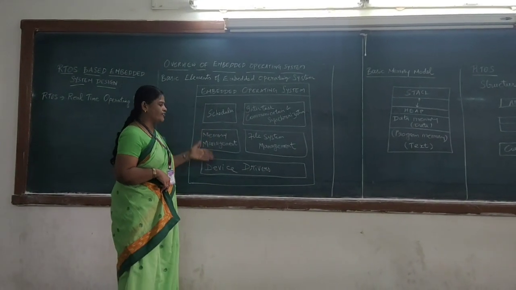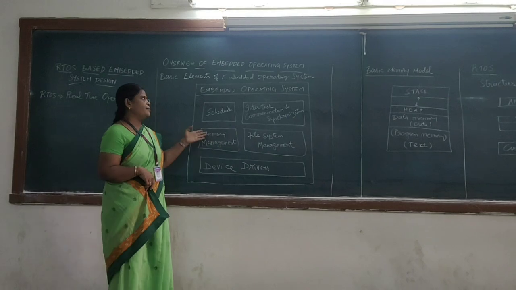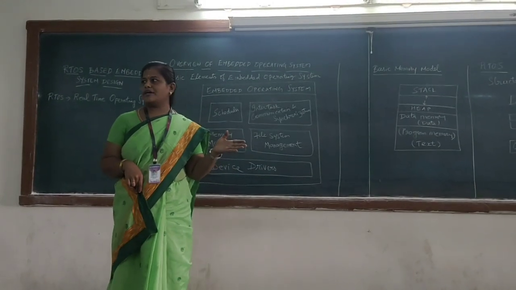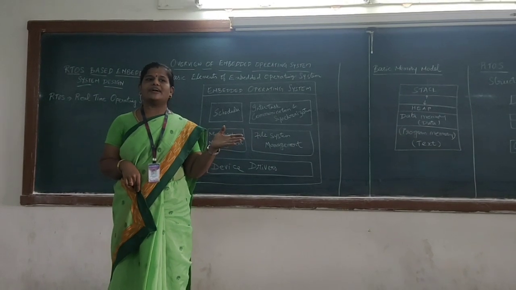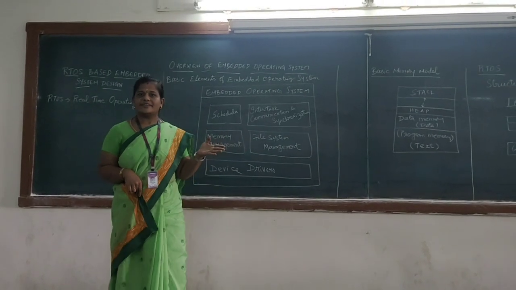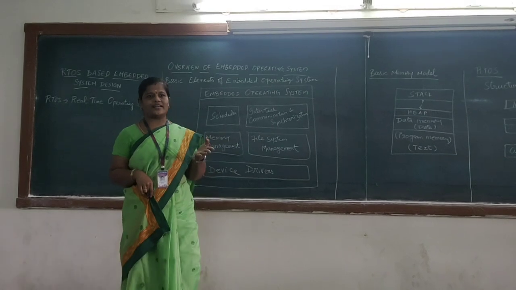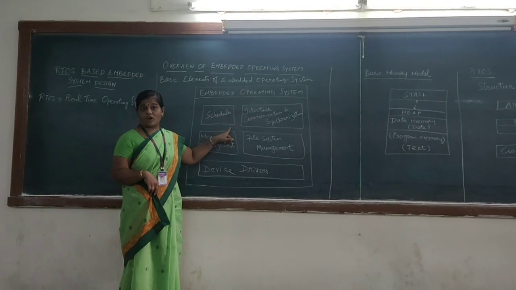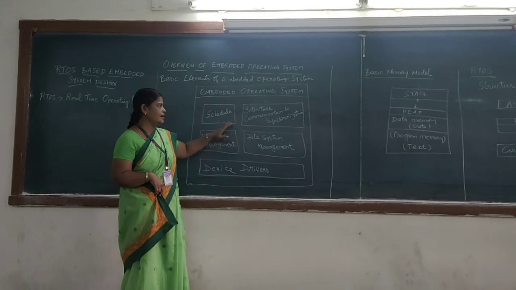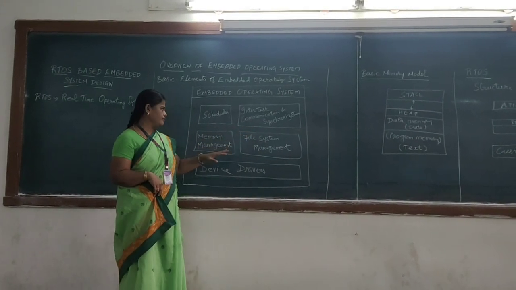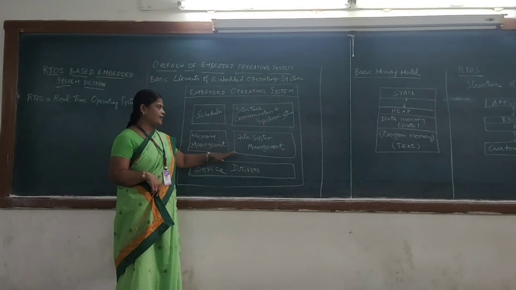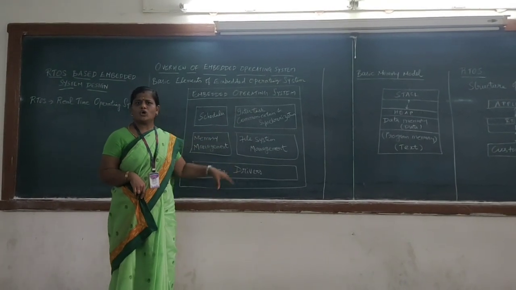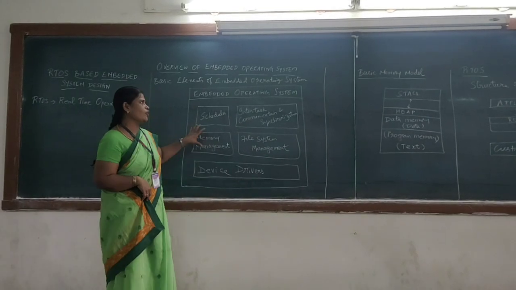In that we have various basic elements of the embedded operating system. Because in a normal operating system we will be using various languages, but in an embedded operating system we are going to link hardware to the software. So the real-time operating system plays a very important role in various applications. Here we have the scheduler and various blocks, and all the blocks are very important: scheduler, inter-task communication and synchronization, memory management, file system management, and device drivers. These are the various blocks we have for the embedded operating system.